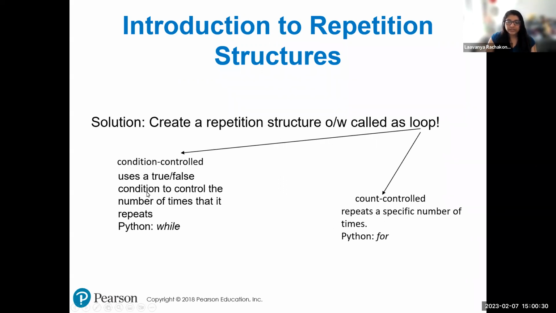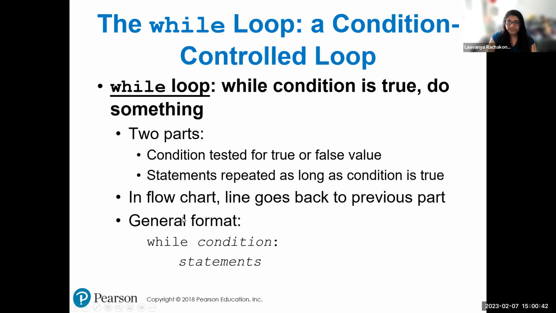A condition controlled loop will first check the condition, and depending upon the condition being true or false, it will execute. With that, we are going to start the while loop. While the condition is true, it will execute. There are 2 parts